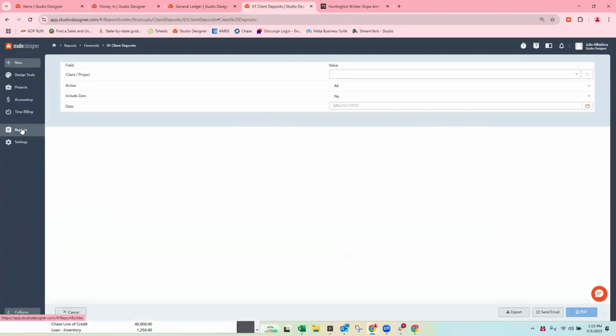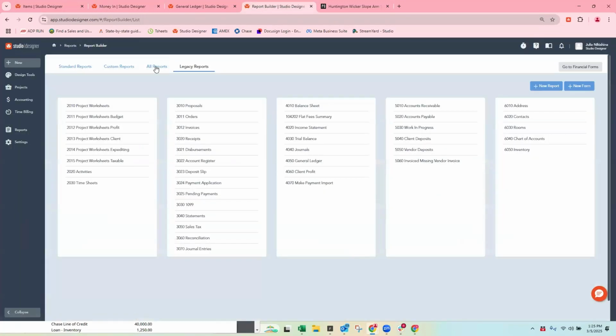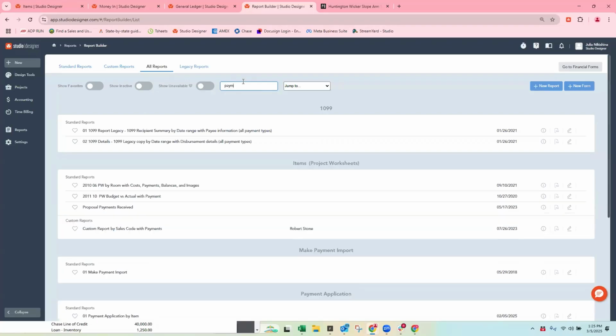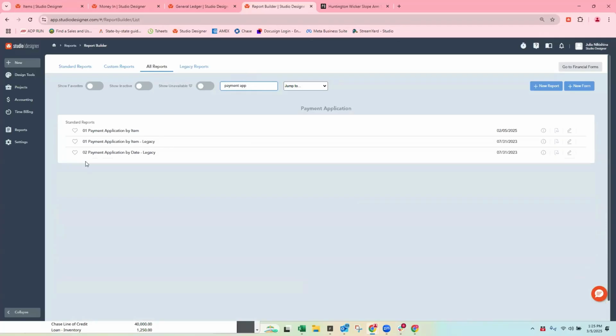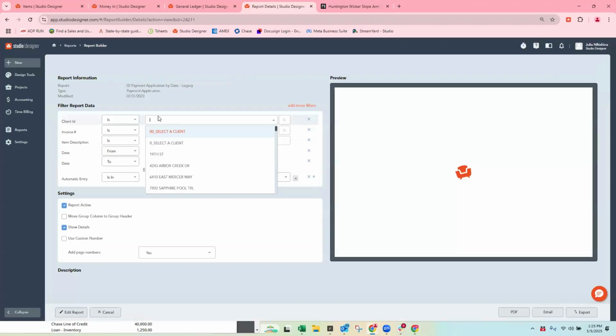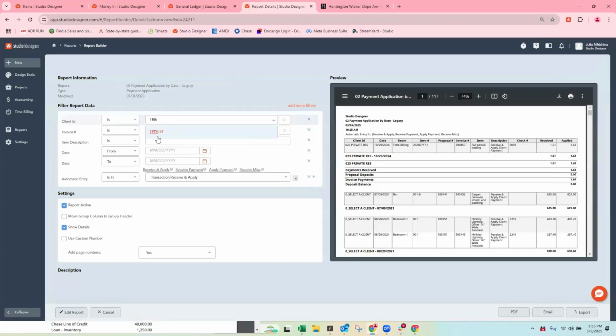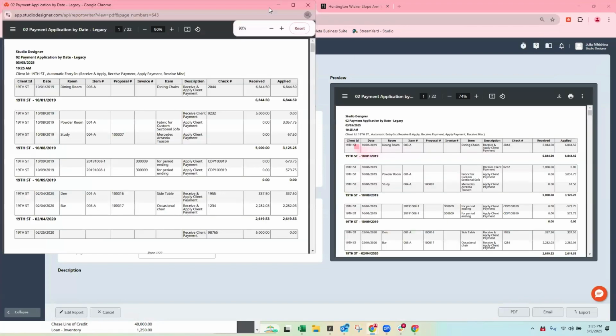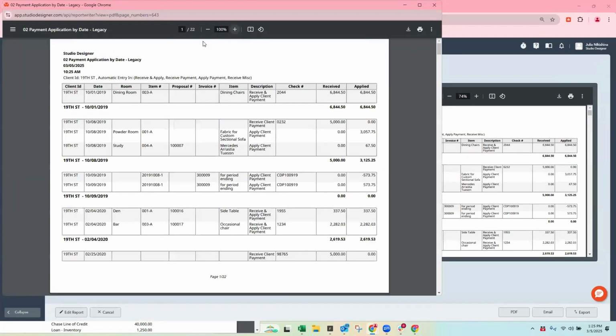And if you say to yourself, or somebody else at the office is unsure, what happened or where are the dollars? How did we move them? Where did they go? If you go to reports and go to all reports, your payment application report is amazing. I like the payment application by date. Typically the designers like it by item, and anyone on the accounting side likes it better by date. So click on the by date and just filter by 19th Street because I only want to see the activity associated with 19th Street. This will show me anytime I did anything with these client dollars.